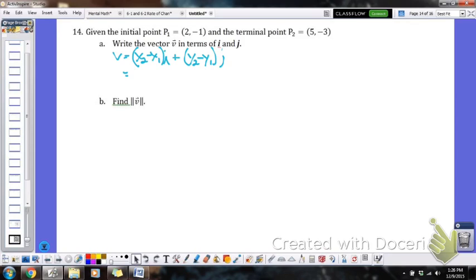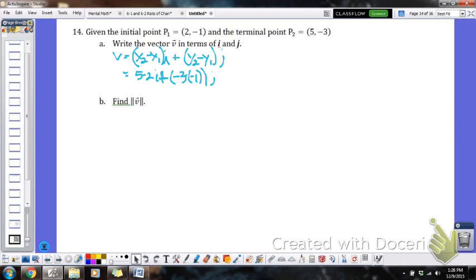So I will take x2, 5, minus x1, which is 2, so 5 minus 2 i, plus y2 minus y1, so negative 3 minus negative 1